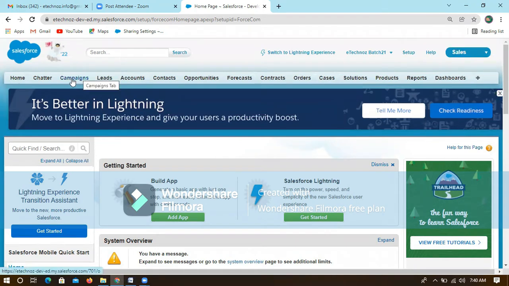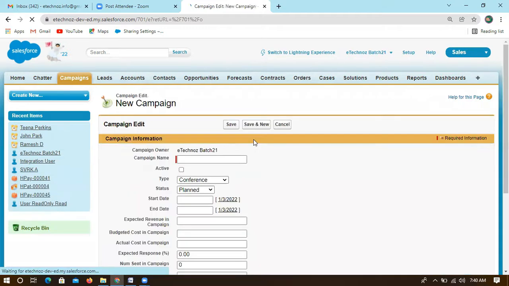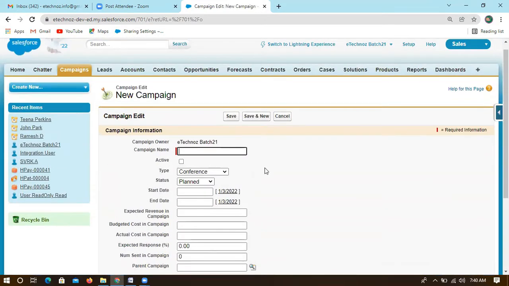It starts with campaigns. Campaigns is an object, which is a tab connected with the campaign object, a standard object. If I want to create a new record for the campaign, we can just create a record as we have created multiple data within the system. Likewise, you can also create a new campaign. Let's consider this campaign has come from email, so the source is an email campaign. We will just store the campaign's information.